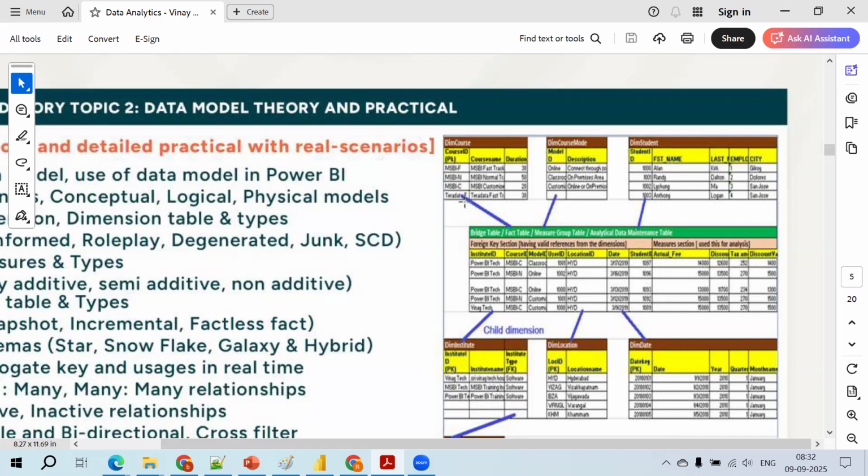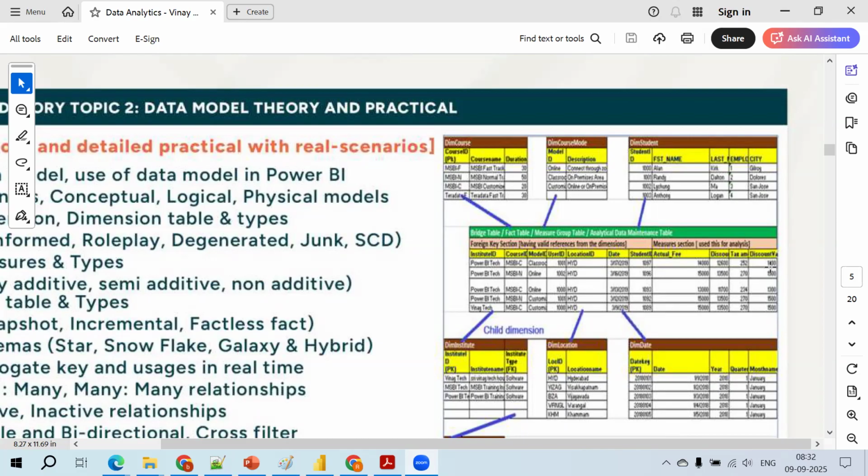Okay, we have Sri Lekha. Sri Lekha is a student. She joined offline, for which course? For MSBI. And then she's from which institute? Vinay Tech House. Location is Hyderabad, Ameerpet. And then the date: when did she start and when was it completed, how many hours she's taking the session, and how much did she pay. And she got a discount because she joined for both ADF and data analytics. What is the discount percentage, what is the GST, and what is the discount amount? What is the total amount that she has to pay?